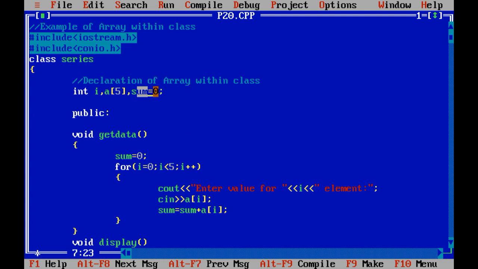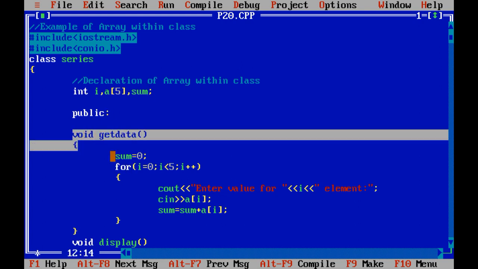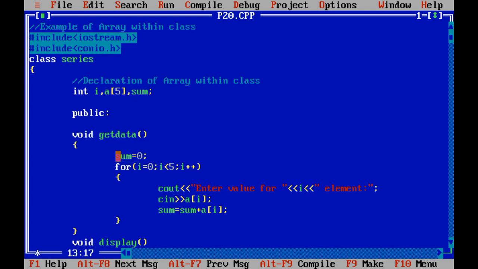But I cannot use sum equals to 0 over here. Why? Because a class does not allow us to initialize the value of a variable. So for that I need to take one function, get data. Inside that I can store the value of sum equals to 0.